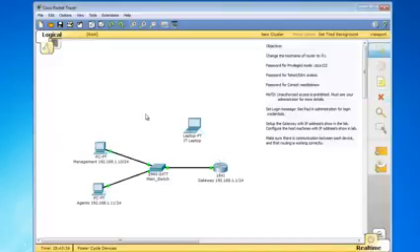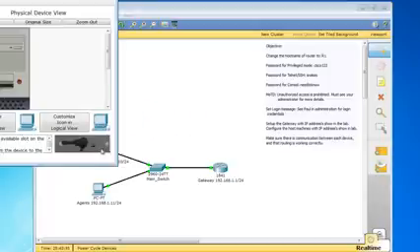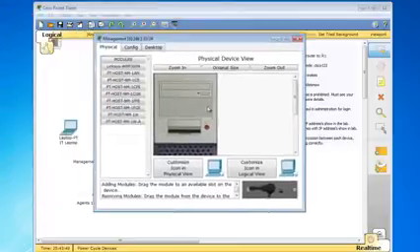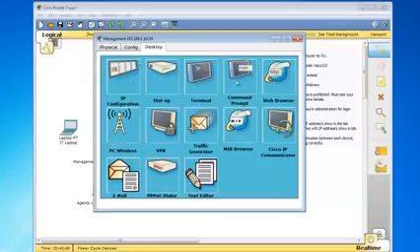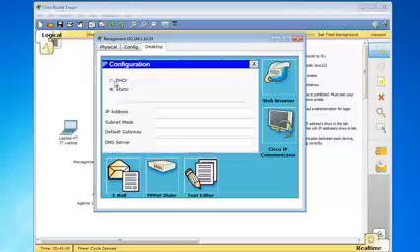We disconnect our cable and we come over here. So we walk over here and we just set up this computer and we're looking at it. Alright, so we're going to go to the desktop. We're going to go into IP configuration. We're going to go